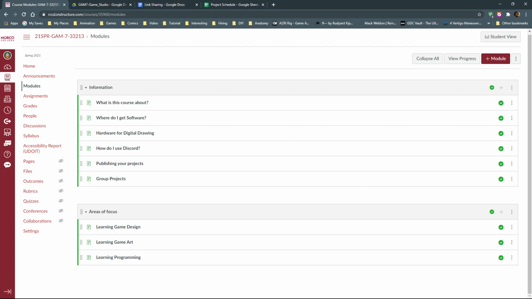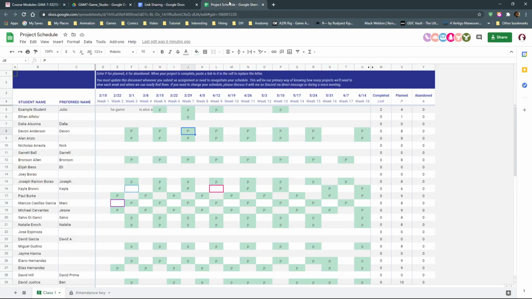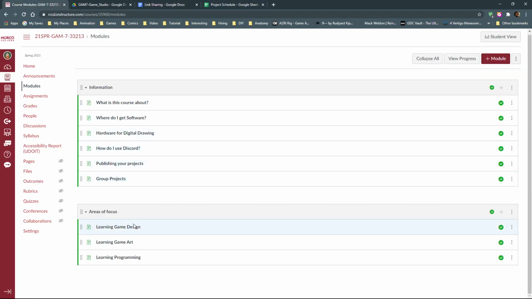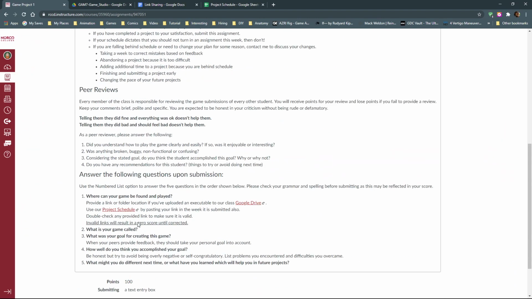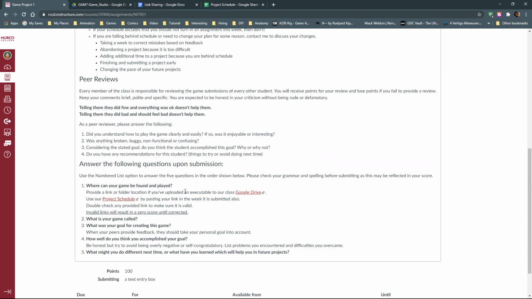The calendar aspect seems pretty important though, right? Yes. This is where people are expected to get the link from, unless they're just directly in Canvas doing the feedback right then. Then in your assignment submission, there was a place to put that link. So the very first question is, where can we play it? Paste your link right here too. I want to make sure that it's absolutely clear that you can either find it right here or right here every single time so that nothing gets lost.